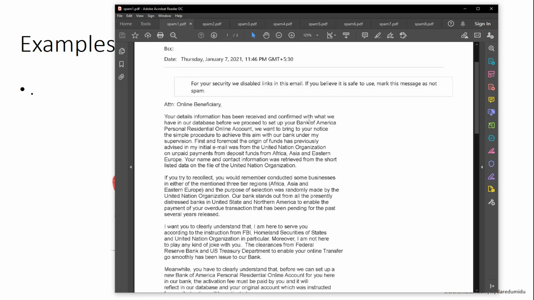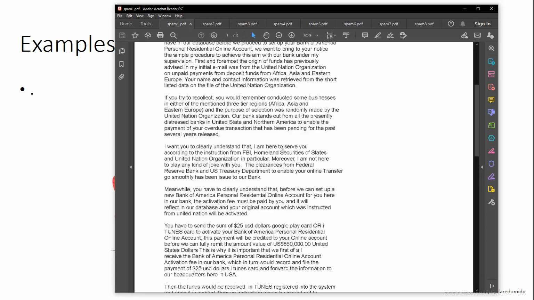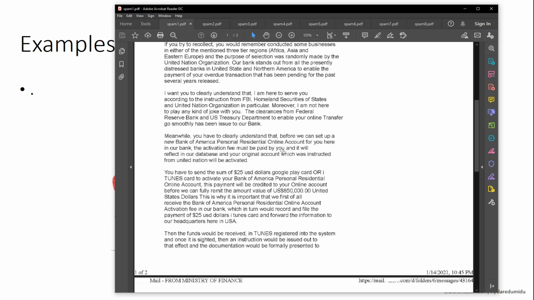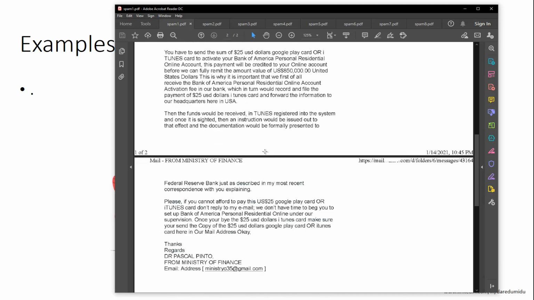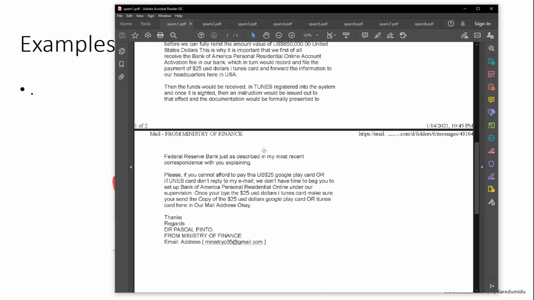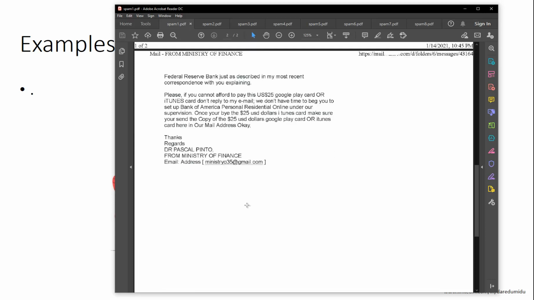It says that I have a transfer, and I have to send some $25 to a Google Pay card or iTunes to activate my Bank of America personal residential online account, and they are giving me a sum of money for that. However, again we can see there's another Gmail address here. These are the red flags that you can identify when you receive these types of